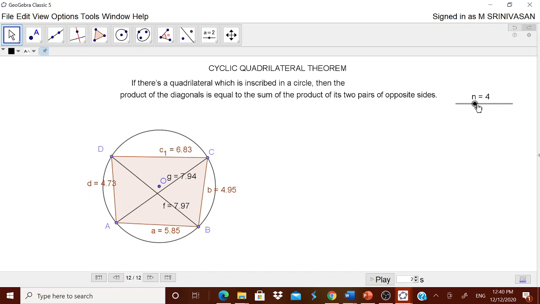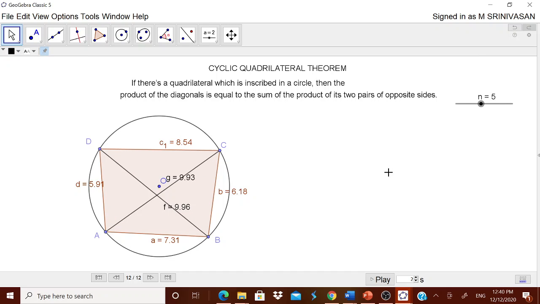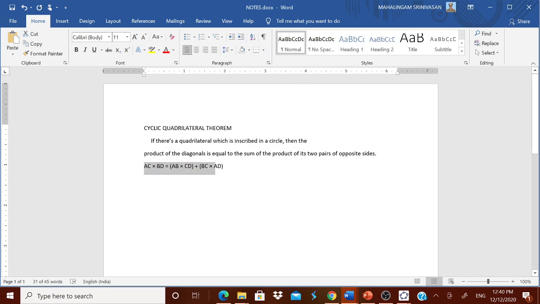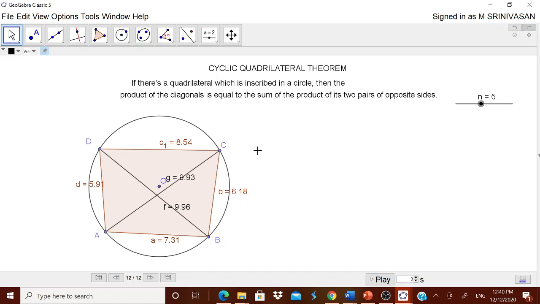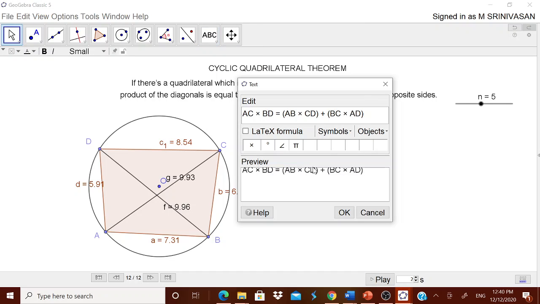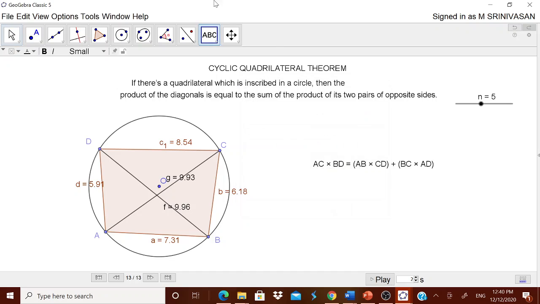Now I can make it a little bit bigger so that it is visible to me. Okay, now I want to tell the children what this actually means. For that I can write it in the form of a statement which tells that the product of the diagonals is equal to